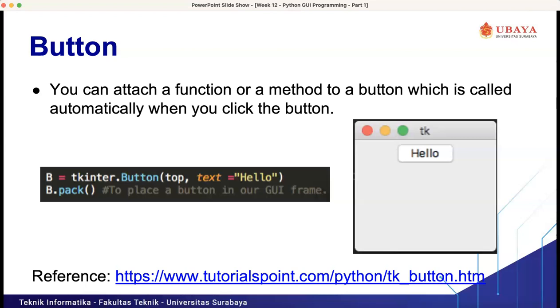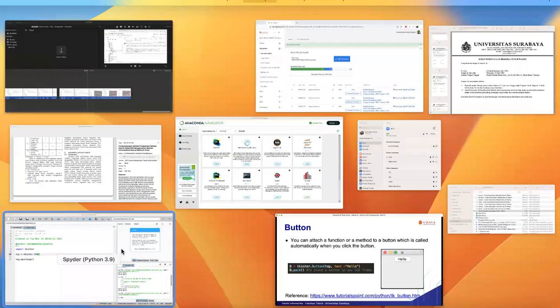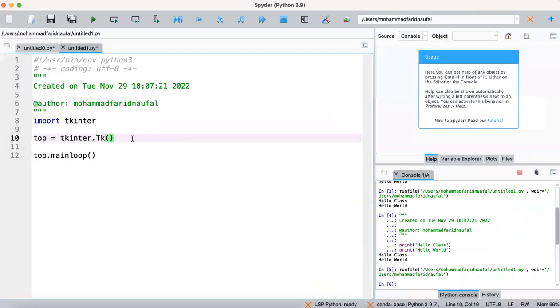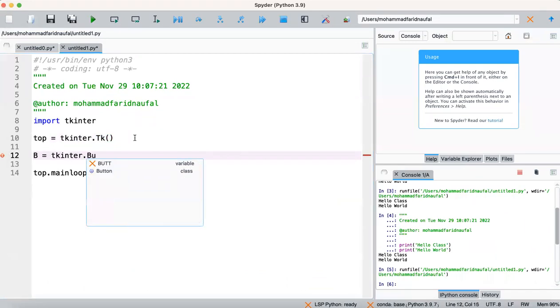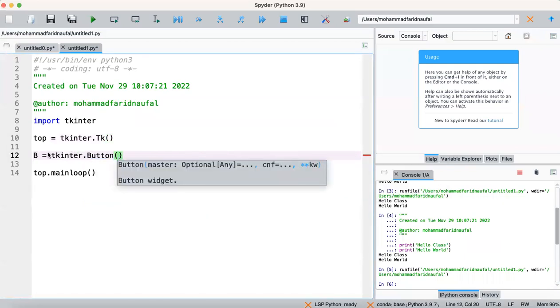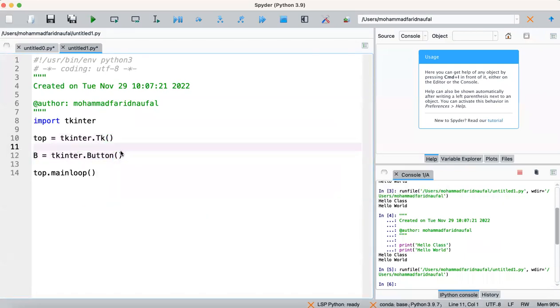So we will add a hello button widget into our GUI form. Because we already created the main window, we create a p variable which represents the button. p equals tkinter.Button. Then we place this p button into the top main window.